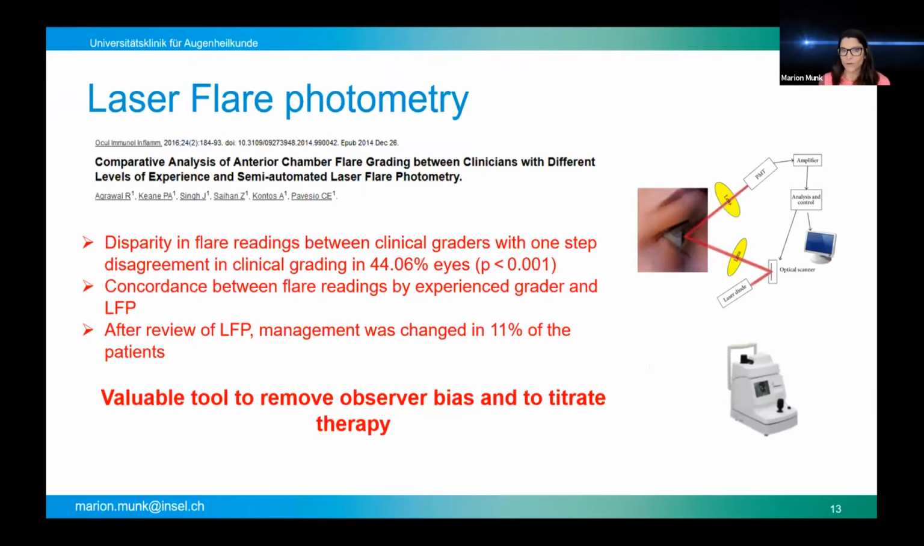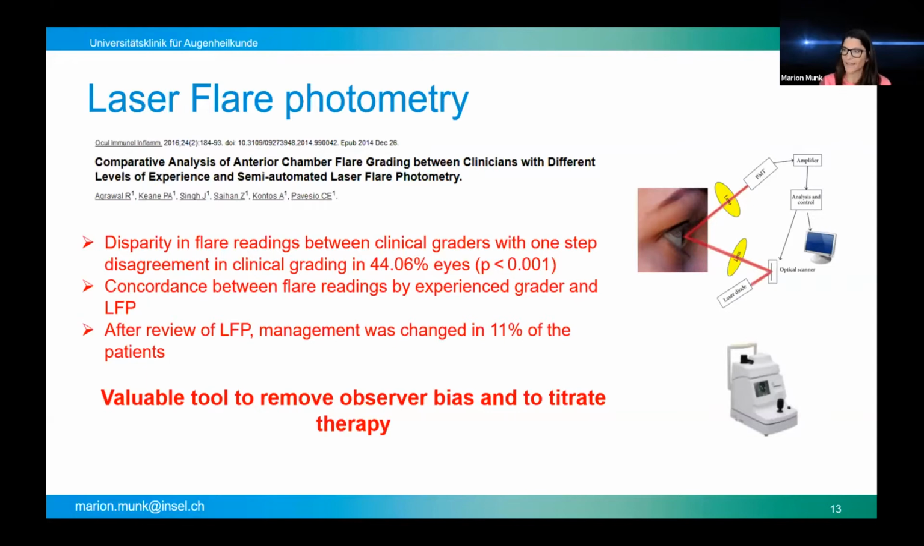What was also shown is that, as I've already said, and also Alessandro has shown you, there is a high disparity in flare readings between the individual clinical graders. And in about 44% of the eyes, you will find a disparity of at least one step disagreement when physicians assess anterior chamber flare. There is a better concordance if you look at expert graders, and also